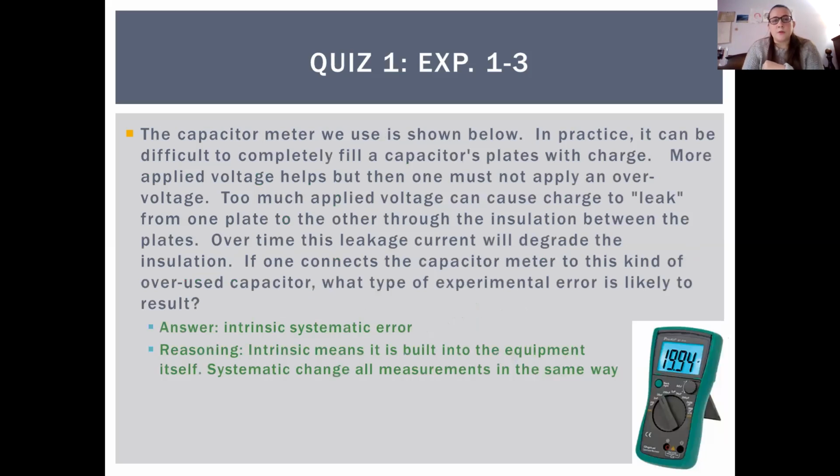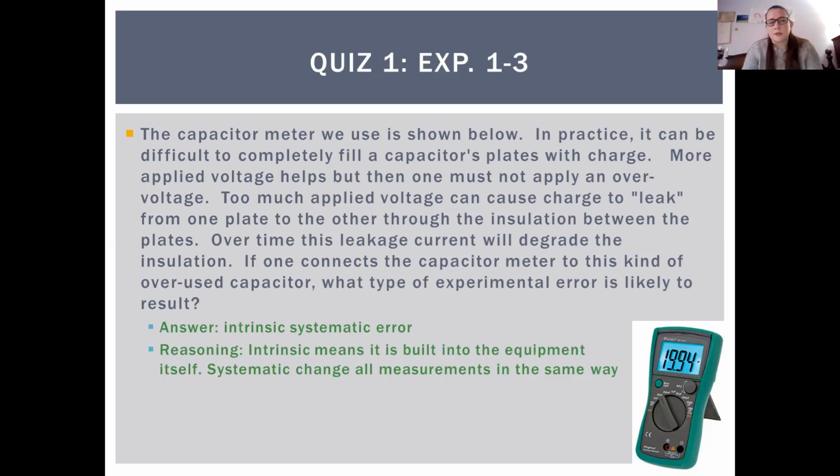All right, so this one actually more pertains to Physics 1 lab than Physics 2 lab. This is all about classifying error, which I know you guys did in every single lab report, but sometimes it can be kind of tricky to figure out which type of error you're dealing with. So in this case, we're dealing with a multimeter, and